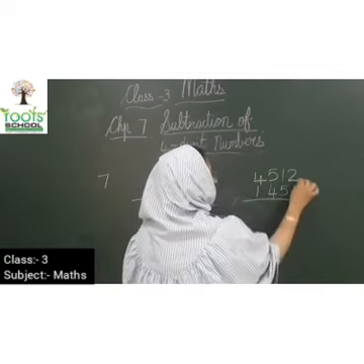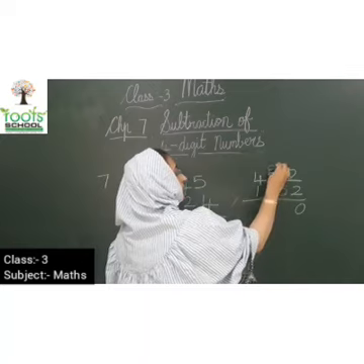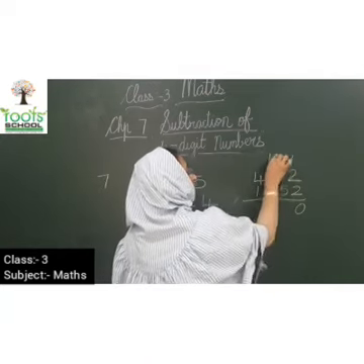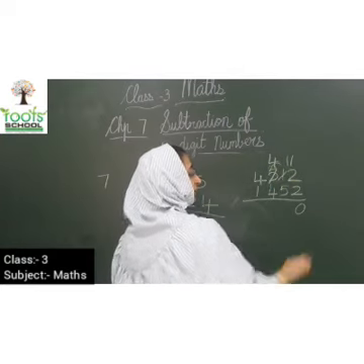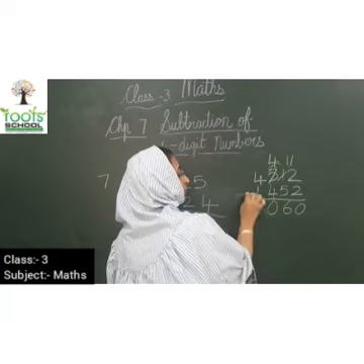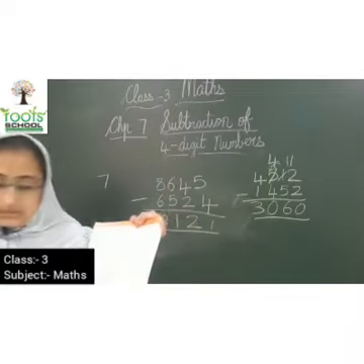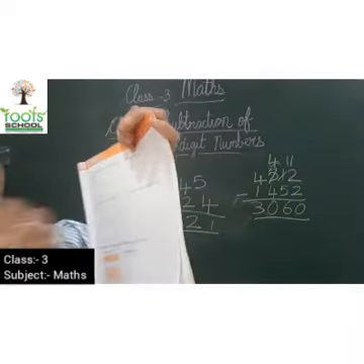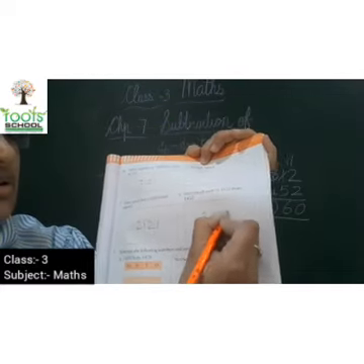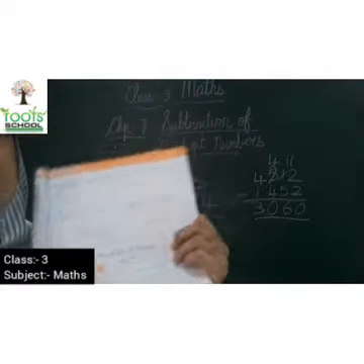It is 1452. Now let's subtract. 2 minus 2 is 0. You cannot subtract 5 from 1, so 1 will be carried from here. So now this will become 11 and this will become 4. 11 minus 5, 6. 4 minus 4, 0. And 4 minus 1 is 3. So what is your answer going to be? How much more is it? It is 3060 more. Okay. So this is your answer going to be.